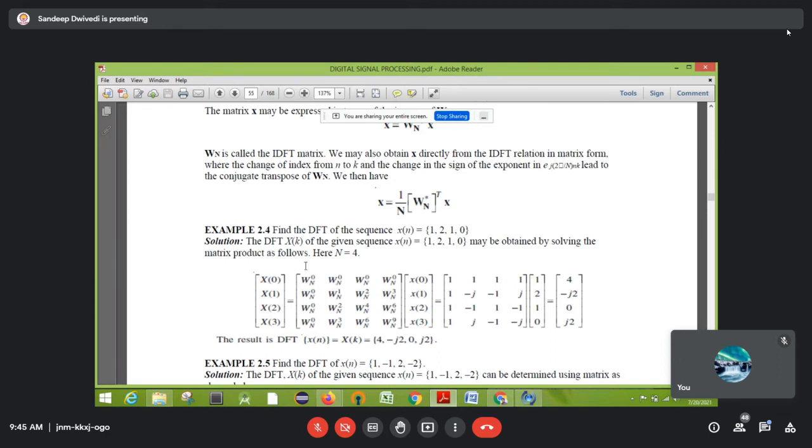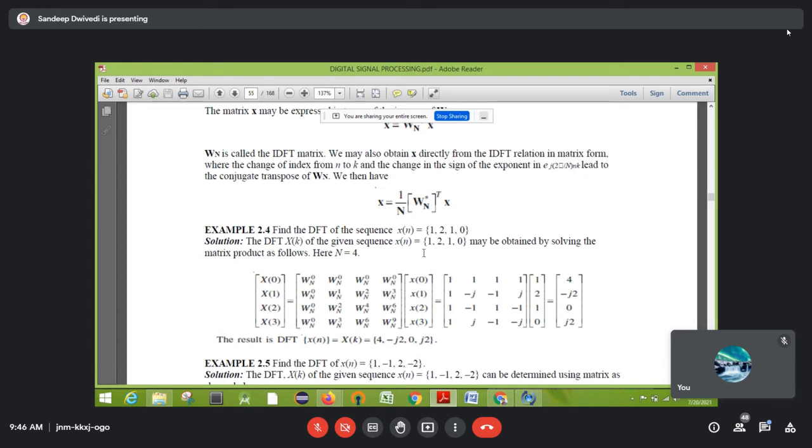Okay, so which elements will be in it? Because the value of capital N is only 2, it is a 2-point DFT. So what will be the elements in it? What will be the value of n? 0 and 1. What will be the value of k? 0 and 1. So as I told you, the first row first column will be w raised to power 0, w raised to power 0 and w raised to power 0. Only this element you need to calculate. So the 0 1 0 1 element will be simply 1, 1 into 1, that means 1. So it will be something like this, same 1 1 1 minus j. So those values will be the 2 by 2 matrix for the 2-point DFT.